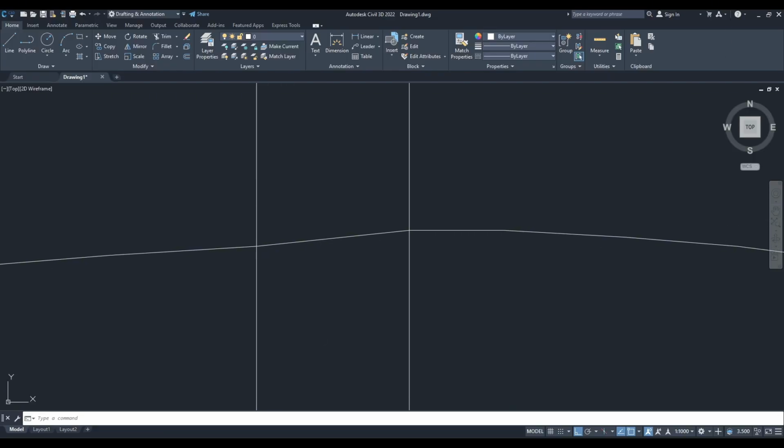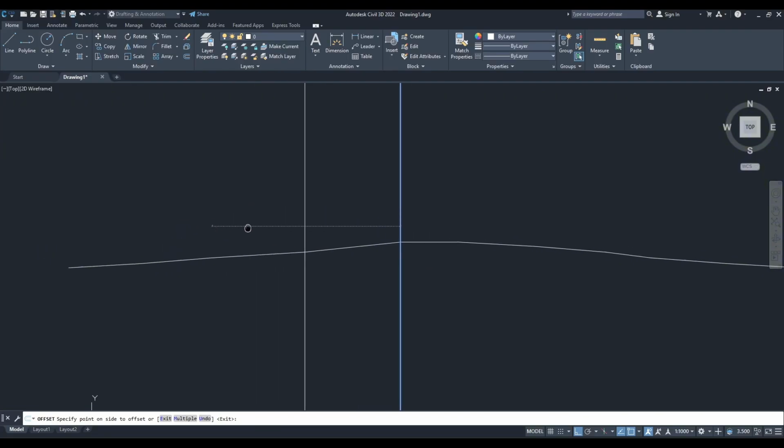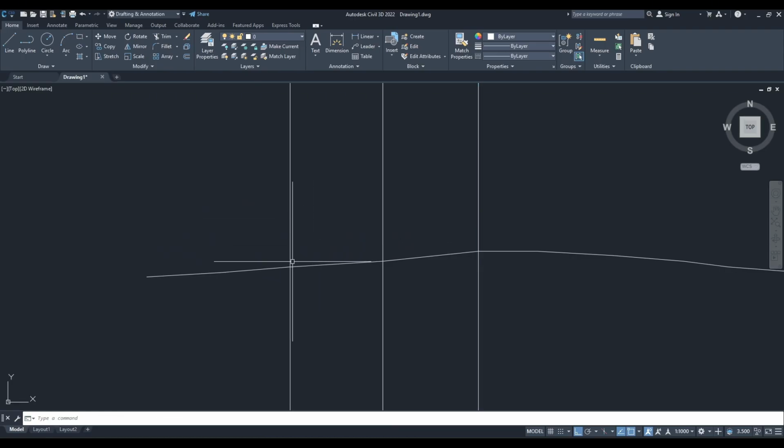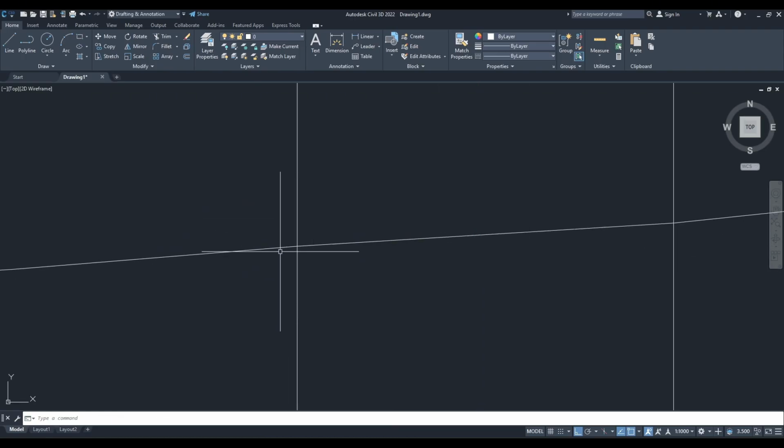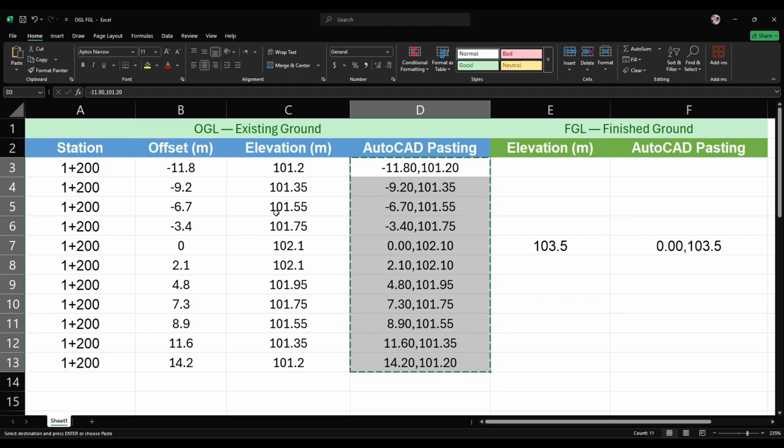So we take the offset of 6.7 and take offset to the left side. Now this intersection has the elevation of 101.55. Now if you want to confirm it, there are some commands that you can use, but in simple terms